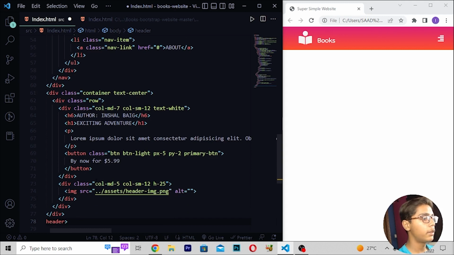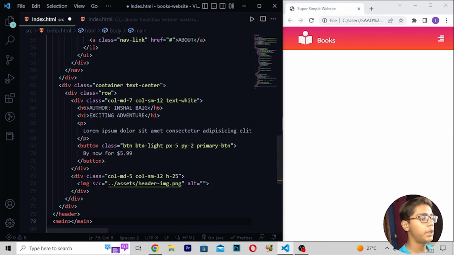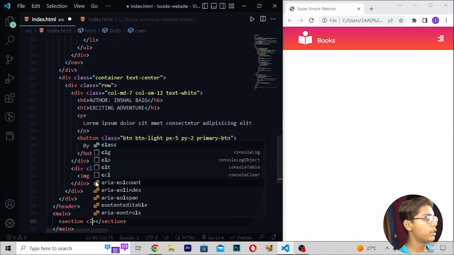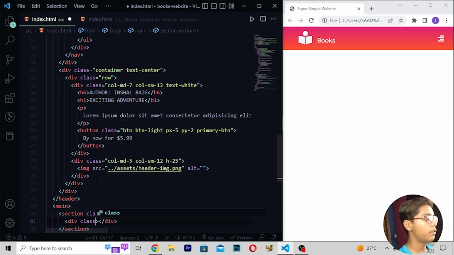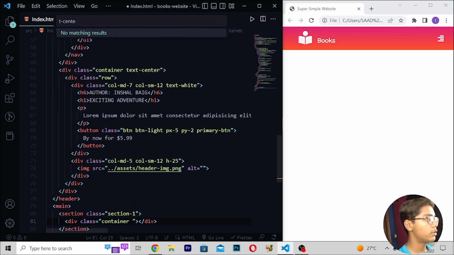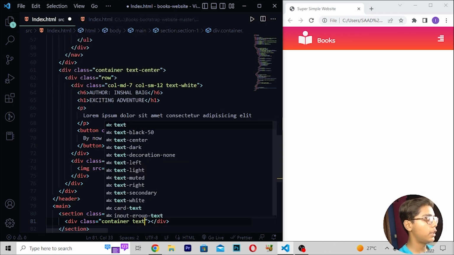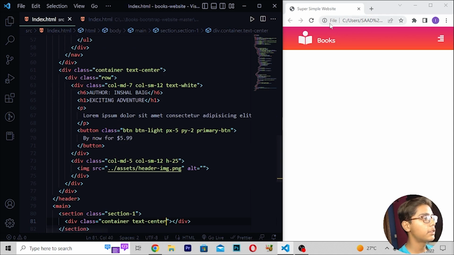Then I will move under this header, make a main tag, then section class, and I will write section 1. Then you have to move down, write div class container, then text center, save this, reload.